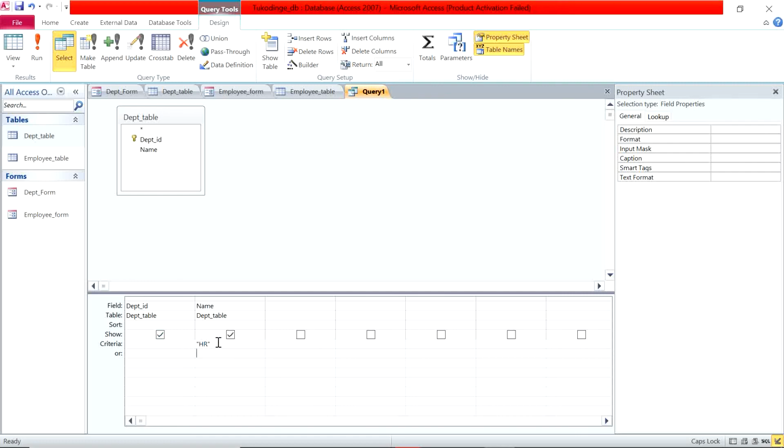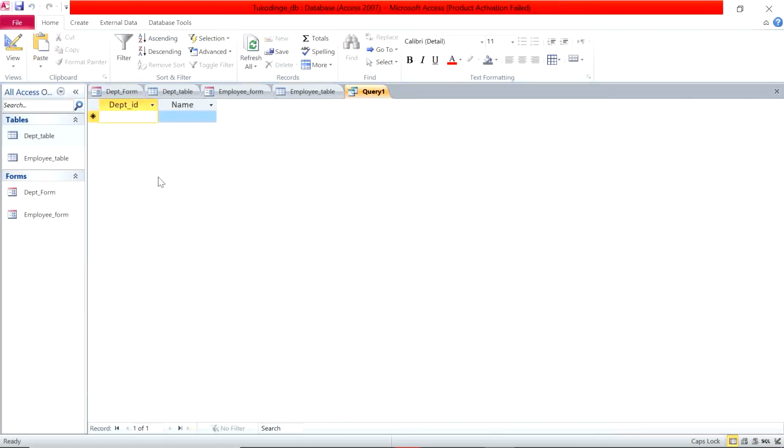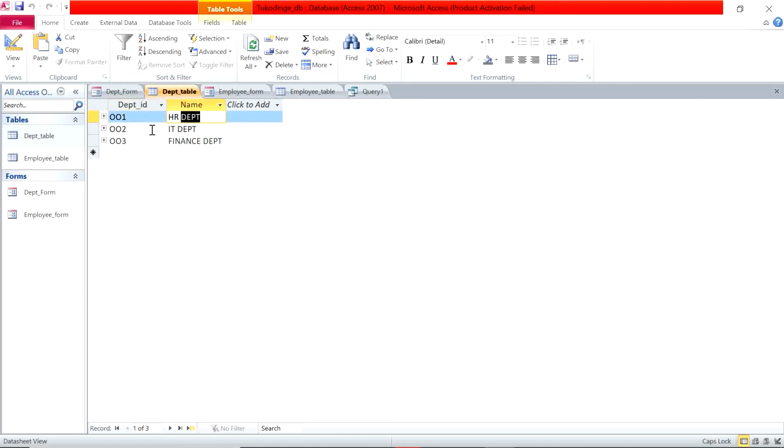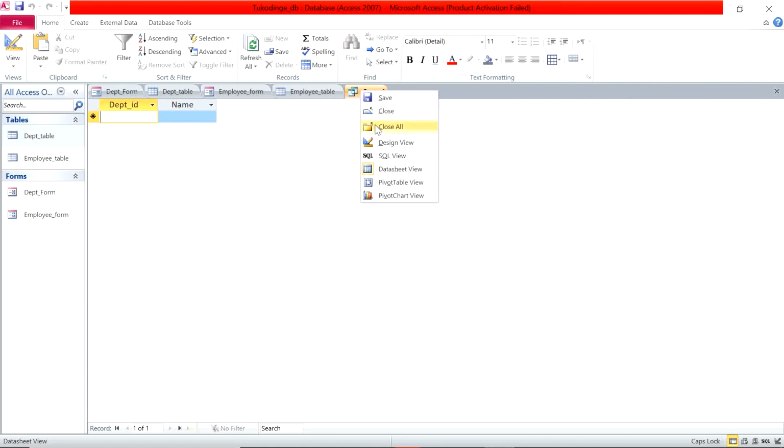So for us to run our query, I'll go ahead to click on run. Okay, so now my query is empty. Reason being, when it comes to the departments table, I have no name called HR. But when I go ahead and add HR department, then it will be matching and it will be showing HR department. So let's go back to our query under design view,